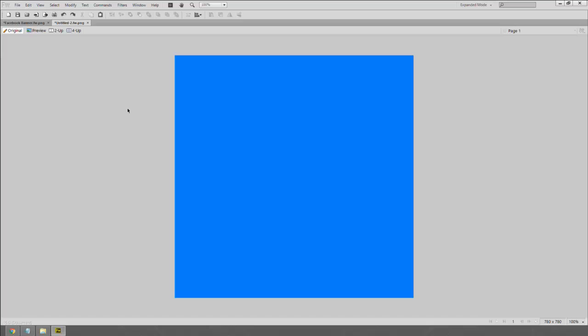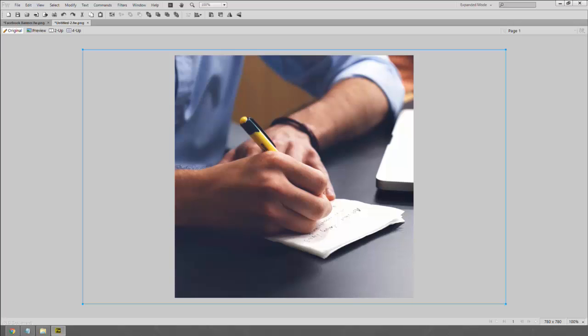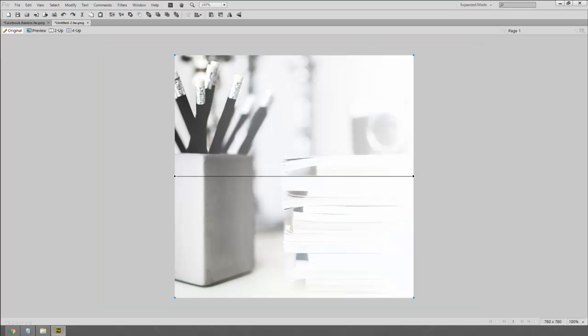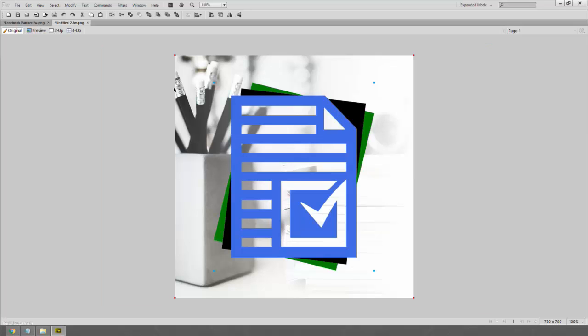For our Facebook profile picture, I've already got a canvas of 780 by 780 pixels, tall and wide. We've got our background here. Actually, this is the background we're going to use, the same as the one that's in the background of our website and of our Facebook banner. I'm going to add my vectorized logo on top of this,